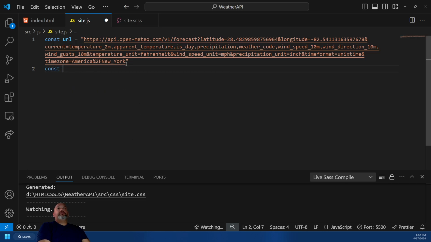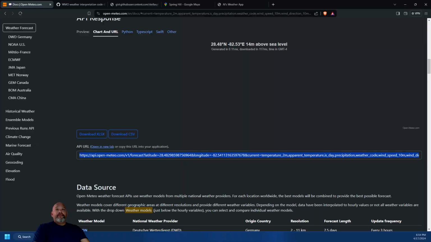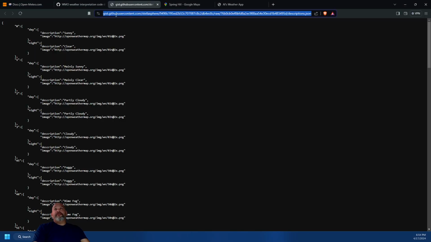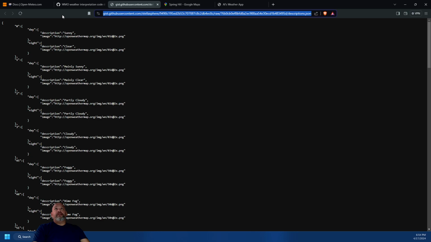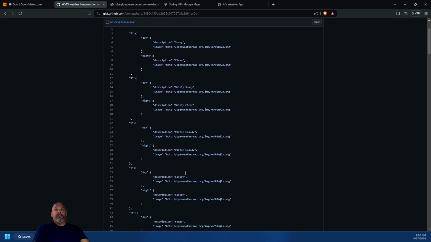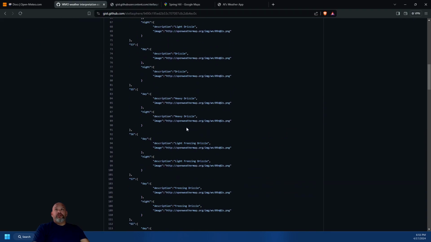And I'm going to make this weather_images, underscore images, like that. We have to create it. We can just get it from here. Control C, and then we come right here. This is GitHub documentation. This guy put some images to